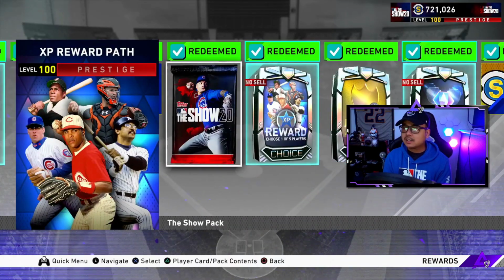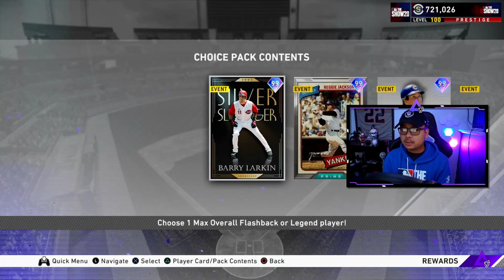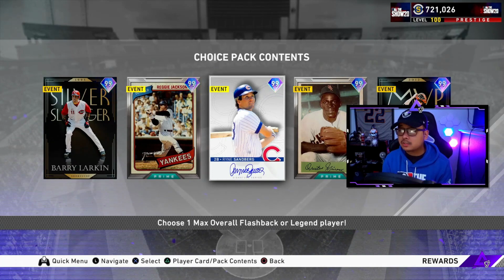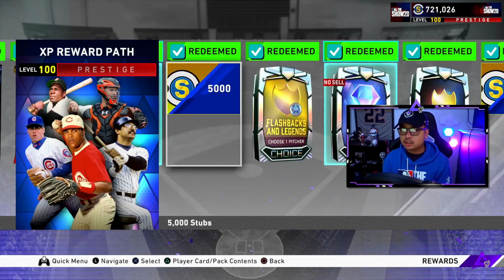You get packs. Some of the best cards will be in the XP reward path. But anything you do goes towards this, which is pretty cool. So it's more of like a passive path for rewards and other cool items